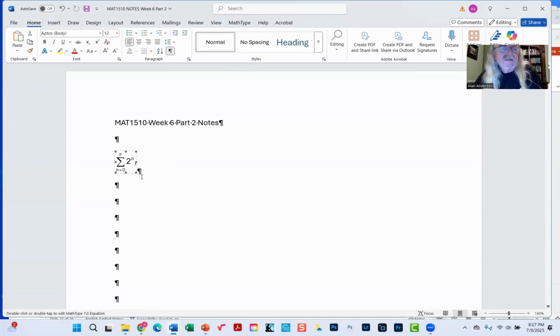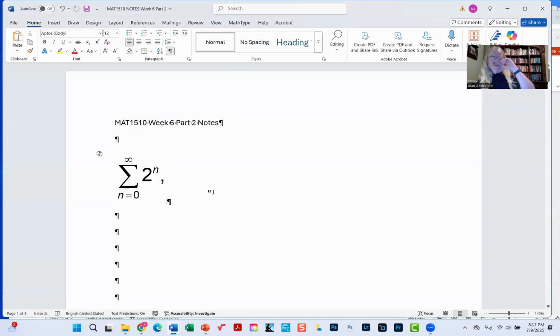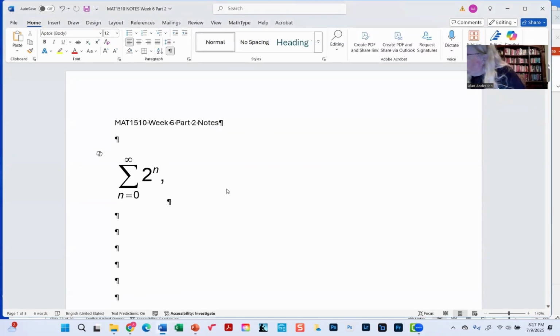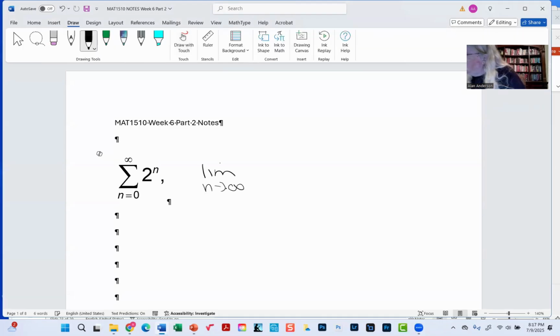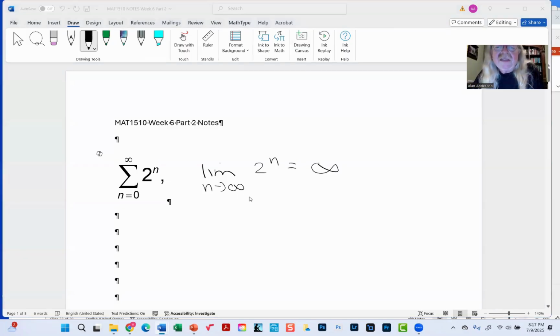There we go. Now, clearly, with the exponent being n, if n keeps increasing, then what's going to happen in the limit is we're just going to wind up with infinity. Okay. So that being the case,